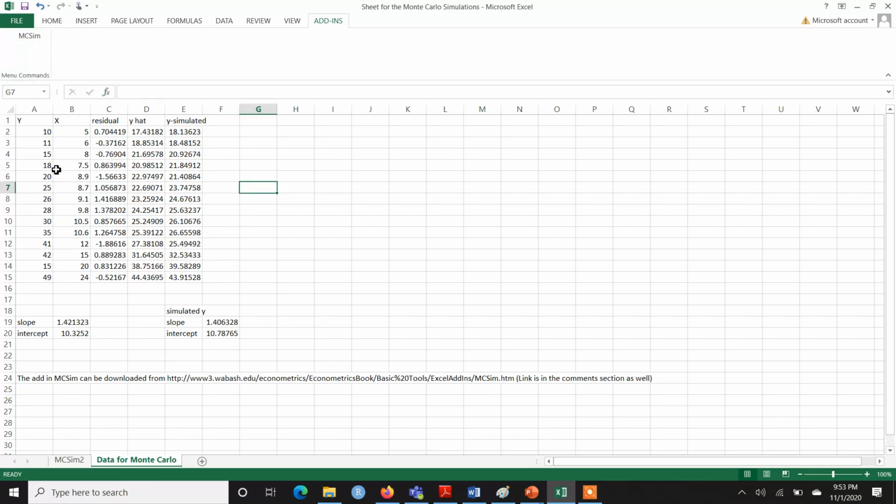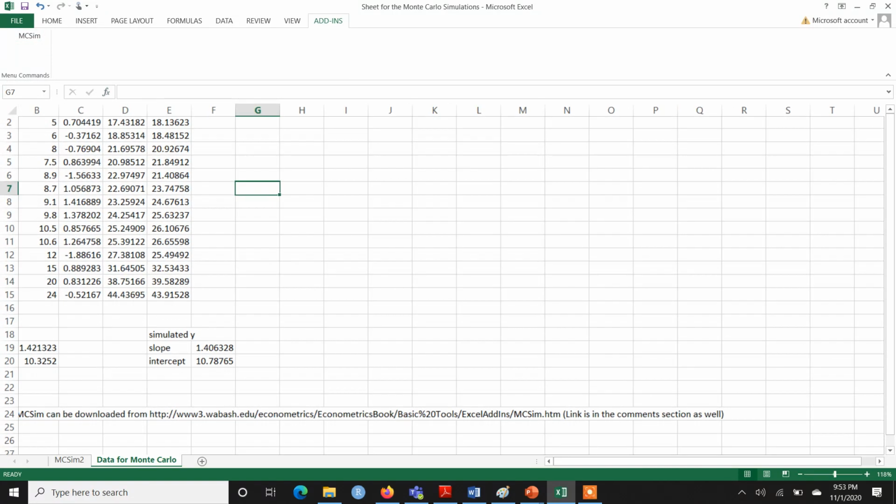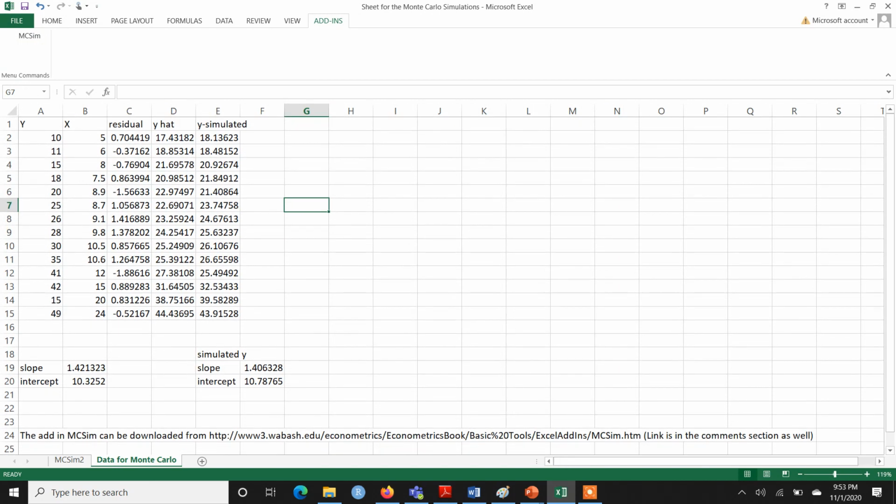So let's start the discussion. Suppose that we have these two random variables, y and x. Y is my dependent variable and x is my independent variable. As I said, the normal distribution of regression betas is dependent upon the normal distribution of the residual part, or the u_i part, in the regression equation.